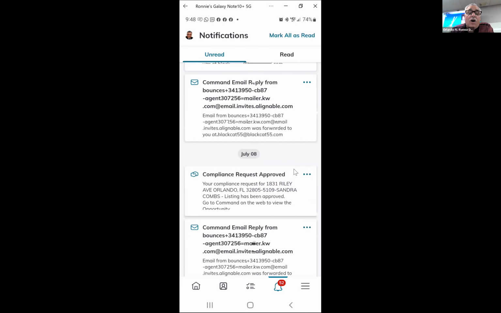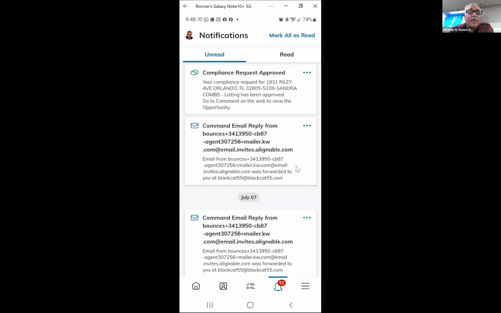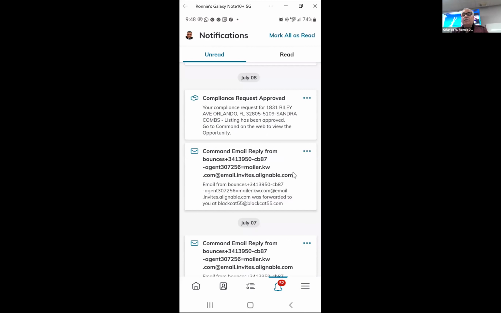This is the one that I hope everybody and anybody in Keller Williams, their compliance department is sending you this that says compliance request approved. If you're using DocuSign and you're using Command to send to your compliance department, Pat, help me out on this. Is that how your compliance works? Yes, sir. Very good. So you send compliance request approved, or you might send compliance request rejected, meaning that there's